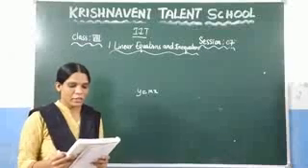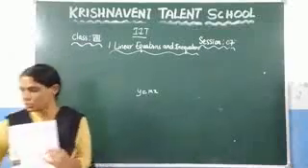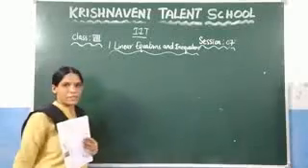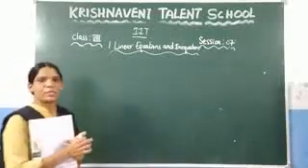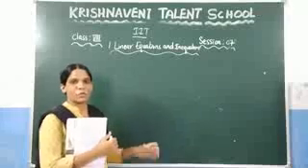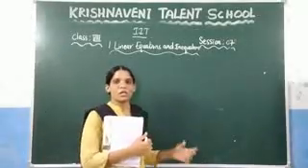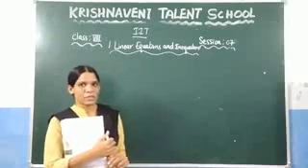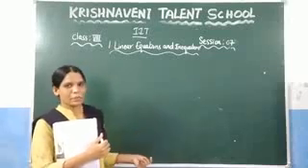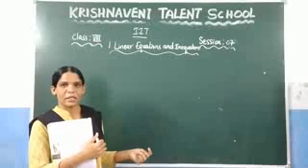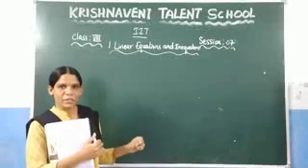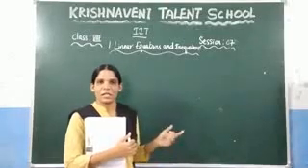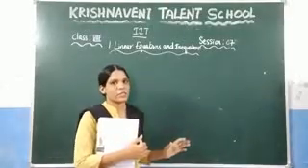Here you are given two equations. Up to now we have discussed that these are simultaneous linear equations. If you are given two linear equations consisting of two variables, you can solve for the values of x and y by using four methods: the elimination method, the substitution method, the addition and subtraction method, and the graphical method. The first three methods we already discussed. Now we are going to discuss the graphical method.